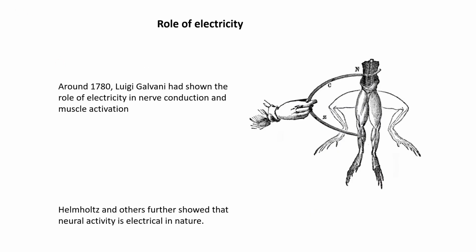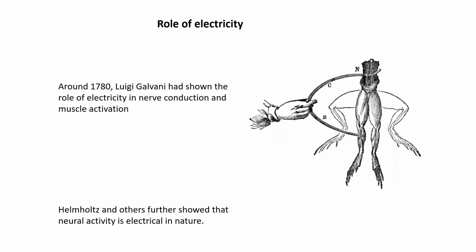So far we have seen how we came to know how the brain is organized in terms of various brain regions and down to the level of neurons, based on the work done by people like Vesalius and later Golgi and Cajal. Now let's think about how the brain functions. And one of the key things about the brain that we know now is that electrical activity plays an important role in the functioning of the brain. And first hints about this were seen in 1780, much before we even knew that there were neurons in the brain, based on the work of Galvani and his colleagues.